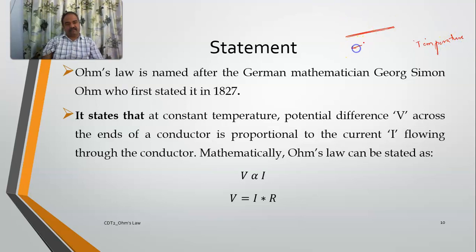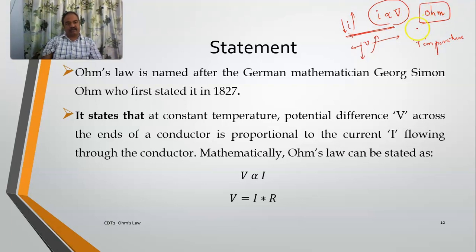if you apply potential across it, then a current will flow through this conductor. If you increase this V, automatically I will be increasing. If you decrease this V, automatically I will be decreasing. And the amount of current which is flowing in this conductor will be equal to the potential which you are applying across the conductor. This is what was said by the famous scientist